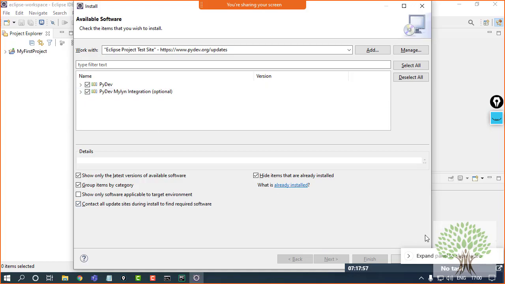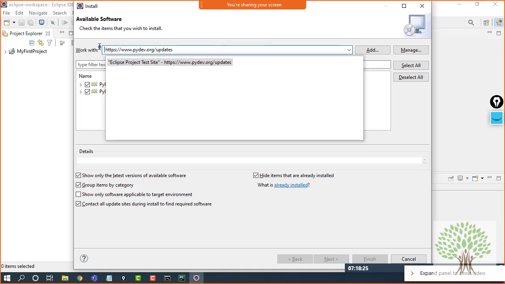After this, now I already have it, so that's why it's not giving me any option to click on Next. But in your case, it will go on and collect all the requirements and dependencies and will highlight this option of Next. You just need to click on next, next, next, and your software will be installed, the plugin will be installed into your system. Okay, let me just copy this URL and then try.